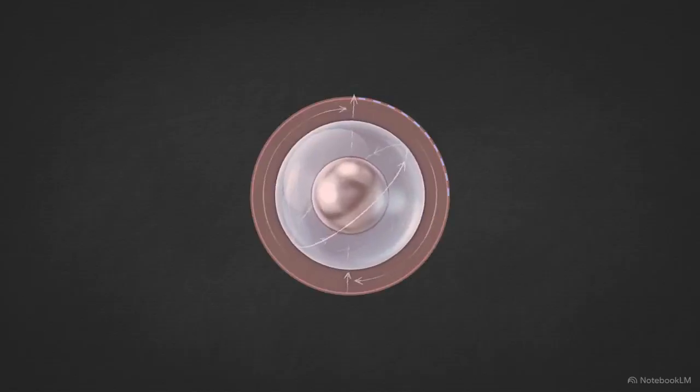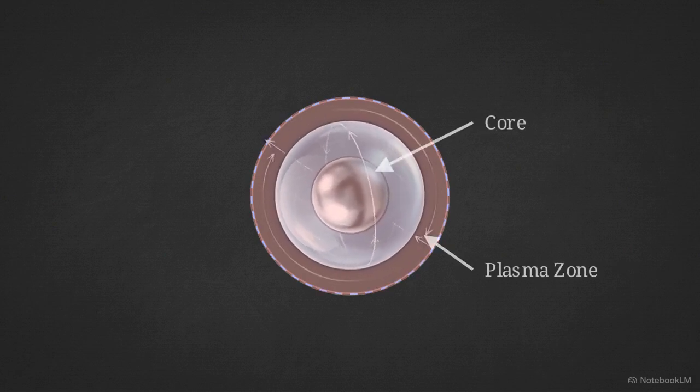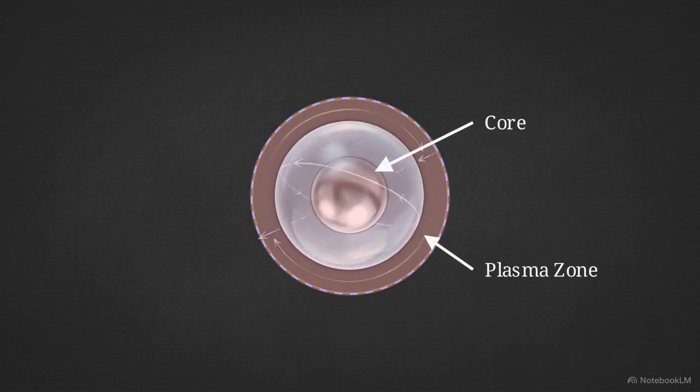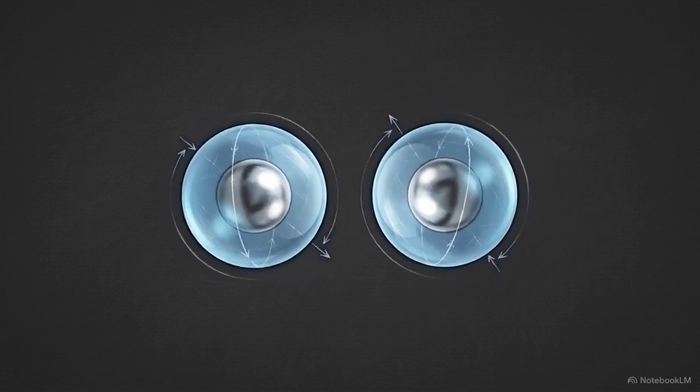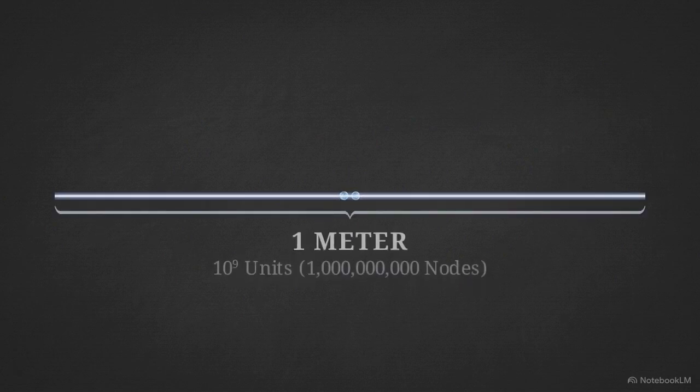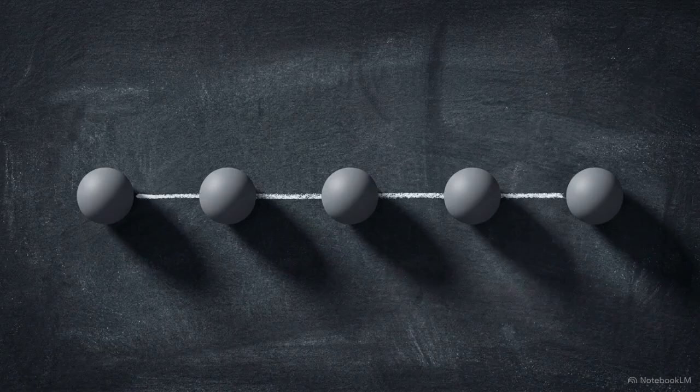Keshe's arm's length analogy becomes topology. A single core establishes a spherical domain. The empty gap to its boundary is a rotating plasma zone. A second node locks where boundaries touch but don't overlap. 10 to the 9th of these aligned units form a 1-meter line. This single unbroken linear alignment of geometrically spaced units is defined as a nano-layer.